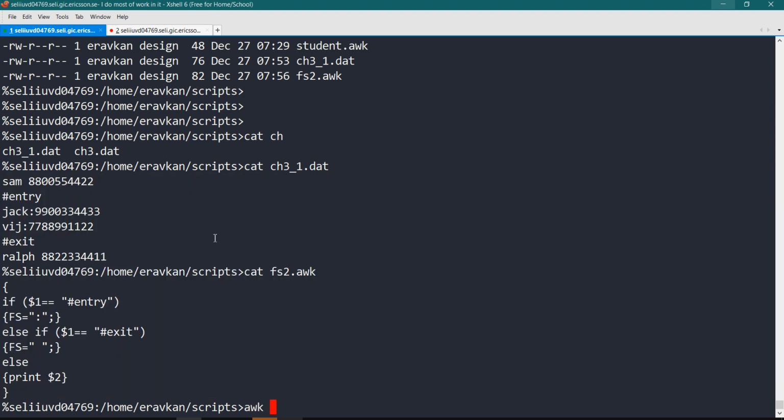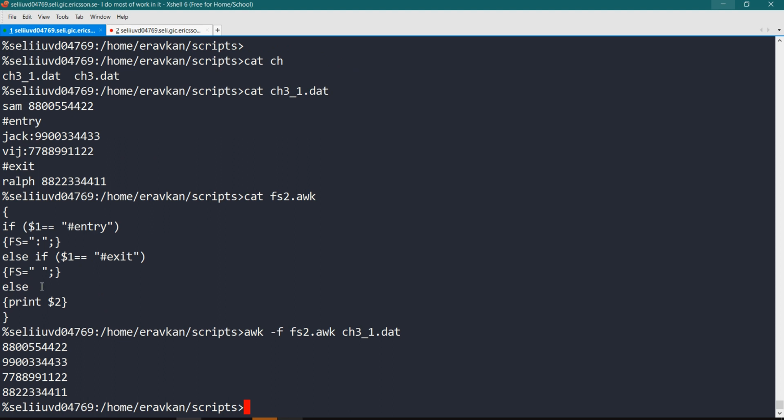So now if I do awk -f, the file I have created, fs2.awk, and the data file. So you see I am able to extract the $2 in spite of there being multiple field separators.